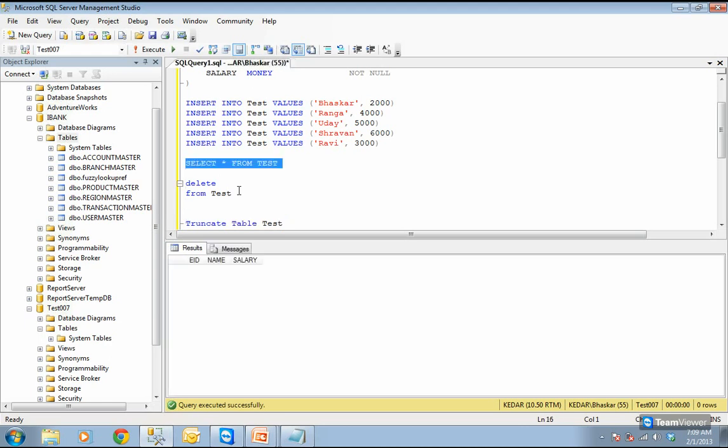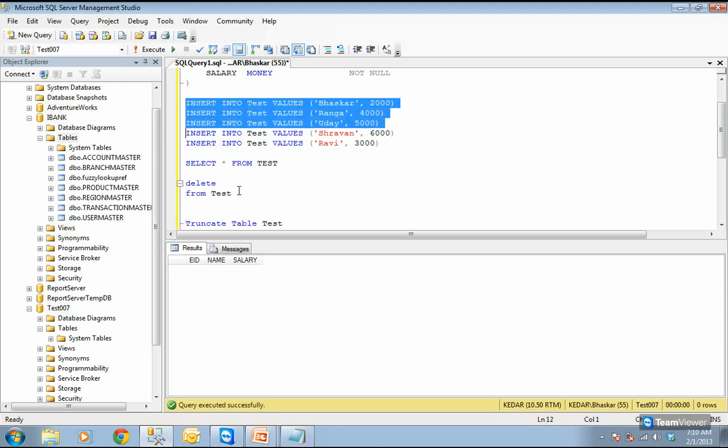Let me see this. Whether you use delete or whether you use truncate, what is available? The structure is available to you. Please remember. Now you are able to see the structure: employee ID, employee name, salary. Even if you have used delete or truncate, the structure will not be removed. You have to be very clear on it. Both of them will delete the data, not the structure. Is it very clear, Ravi and everybody? Okay. Now, I don't have any data because I have used the truncate command.